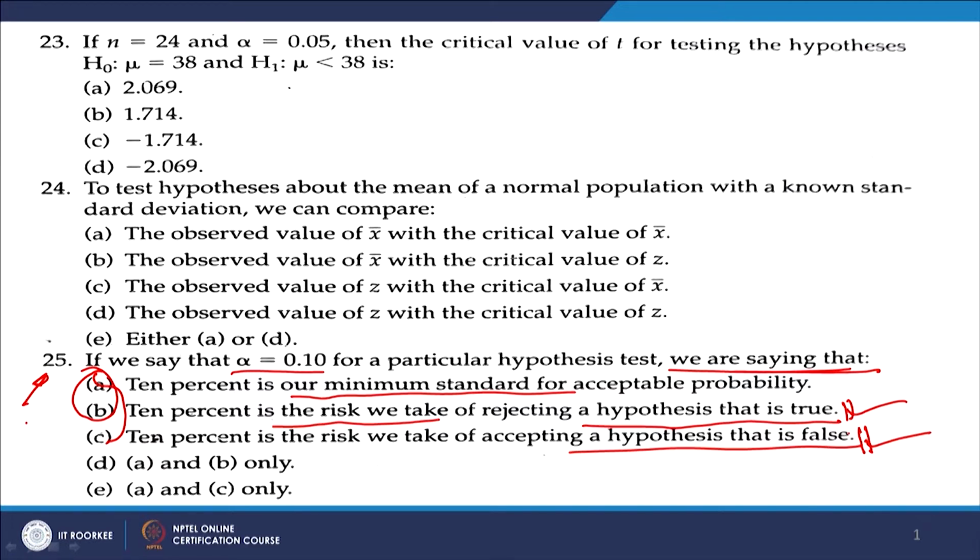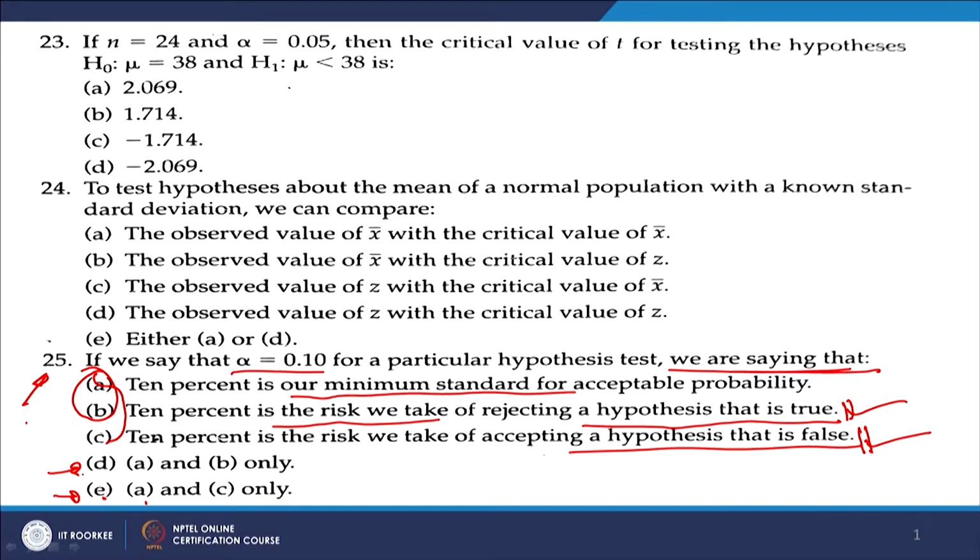So, when you say A and C, it is possible that if option C is correct, then you might have a situation where A is also correct, and then this would be the answer. And if, let us say, B is correct, then we do not know whether A is correct or not. So, if A and B both are correct, then this would be the answer. So, at this point in time, what is the correct answer for this particular question?